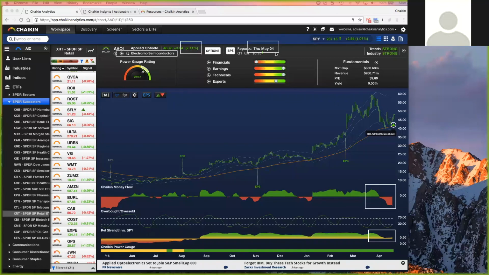It reports earnings in about two weeks, a week from Thursday. At least you're in an oversold position. Hopefully that'll launch you up leading up to earnings. I'd love to see it improve a little bit more before that point, but this is a pretty volatile stock to be in. Also a small cap. You can see just how much it's dropped within the past month or so. If you're in here, hopefully you're aware you're in a small cap and aware of the nature of small caps. That would be pretty critical.